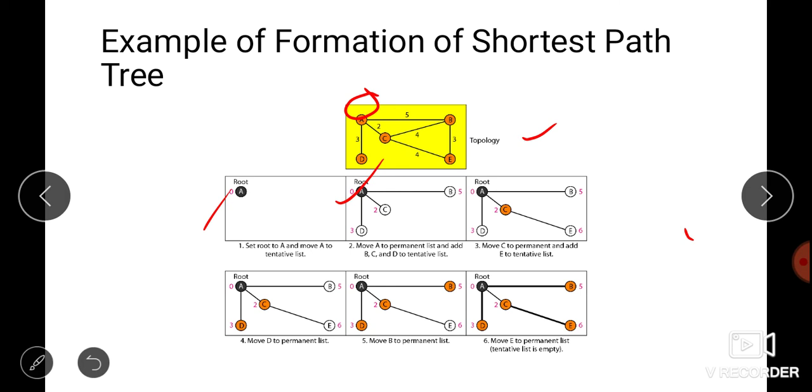Here 5 is less than 6, so we keep node B with the cumulative cost of 5 in the tentative list, and we do not replace it. So our new list will be, in the permanent list we have A and C, and in the tentative list we have B, E and D.